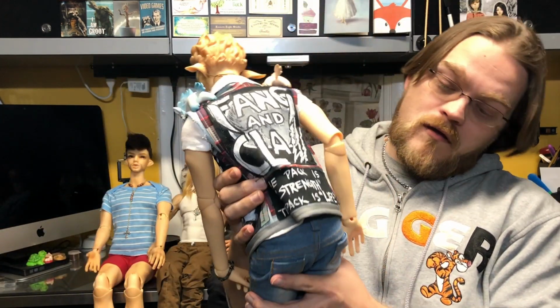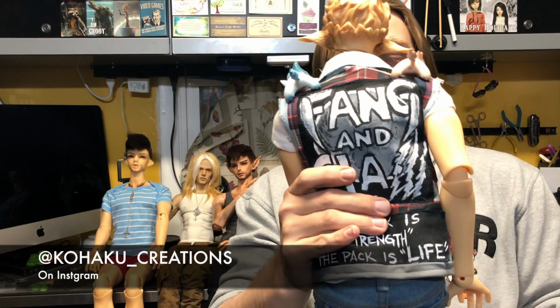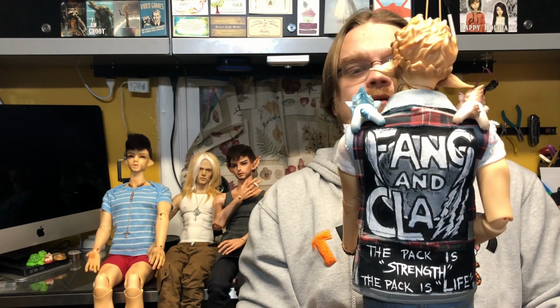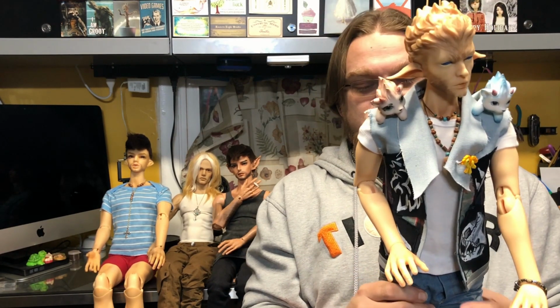This is going to be a struggle. Oh, no, not a struggle. You're not poking out. Is a vest. Ooh, that was almost a finger. Was a vest from Kohaku Creations, as a part of a contest, actually. It was...